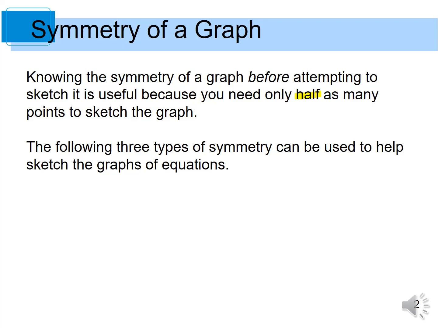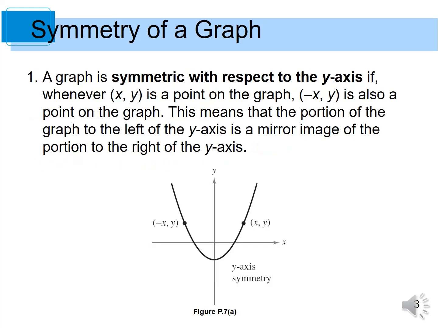And we have 3 types of symmetry that can be used to help sketch the graph. This is the first type, symmetry with respect to the y-axis. For example, we have a point (x, y) here, and the other point (-x, y) here on the same graph, so we can conclude